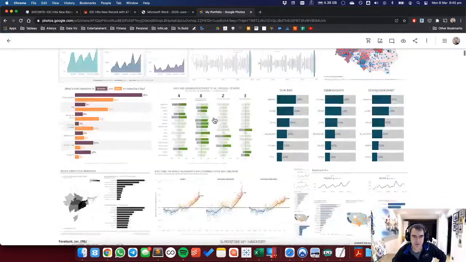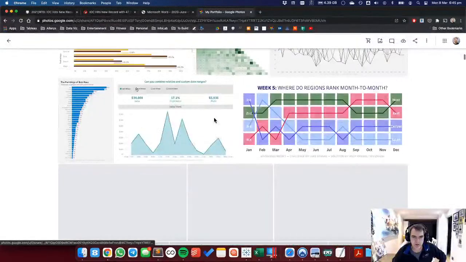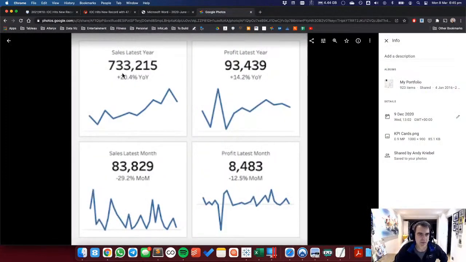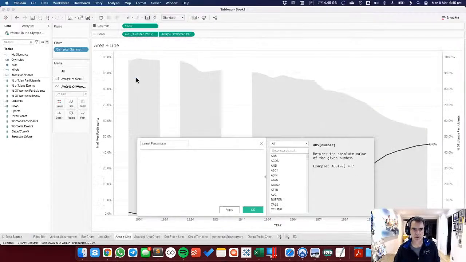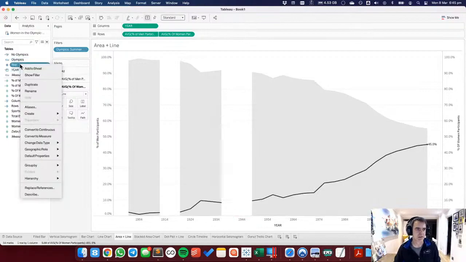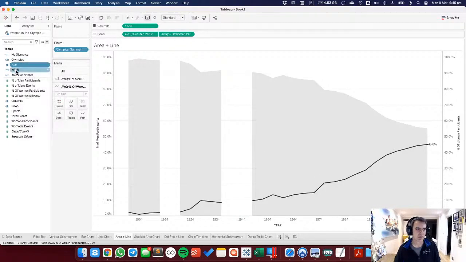All right, so I want to do something like this, where I just have one of these boxes with the big number and then the change. But maybe we could do it a bit differently. Maybe this is the year they click on, and then it's the difference to the prior year. So to do that, I think I can just put year here and make this